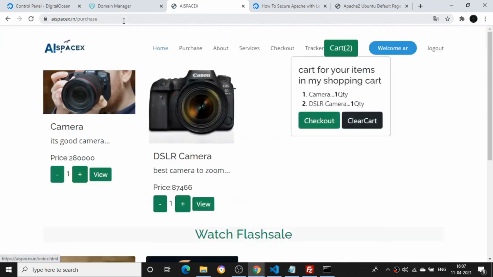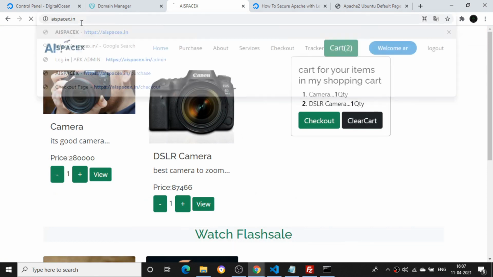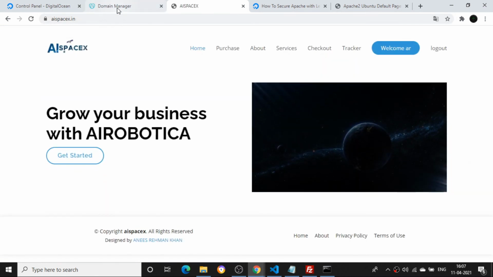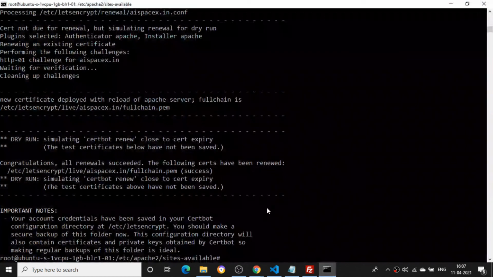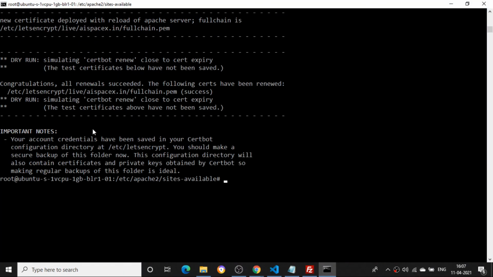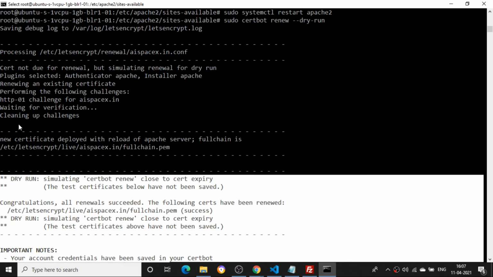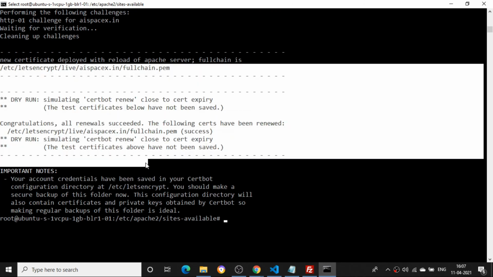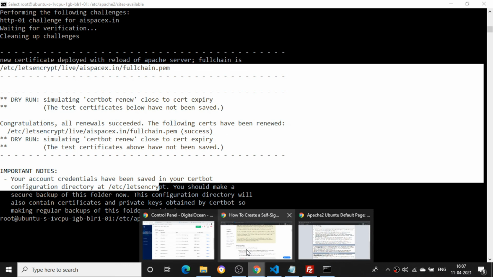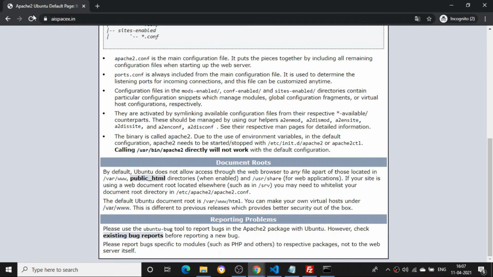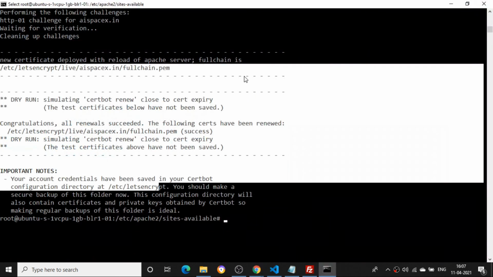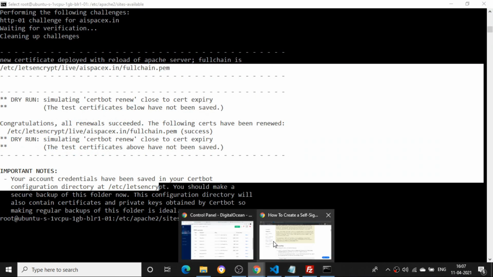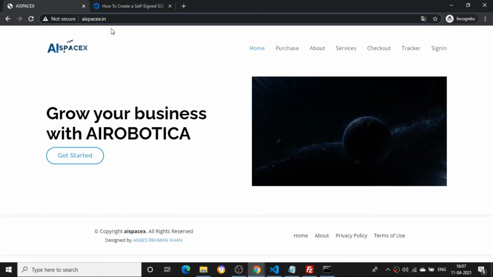So this is how we can host a Django website on the DigitalOcean platform and connect with our domain names. I have shown you in DigitalOcean and the GoDaddy account, and then all these commands we need to run over here. Same thing, you can see the dry run has run automatically, and the keys will be activated. You can see the validity of this. Even if I refresh in incognito mode, the website is working fine here.